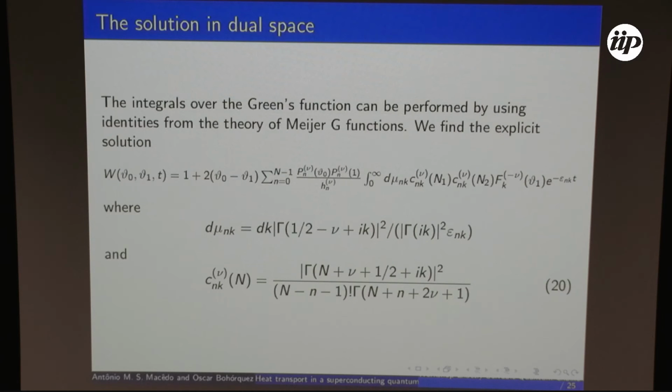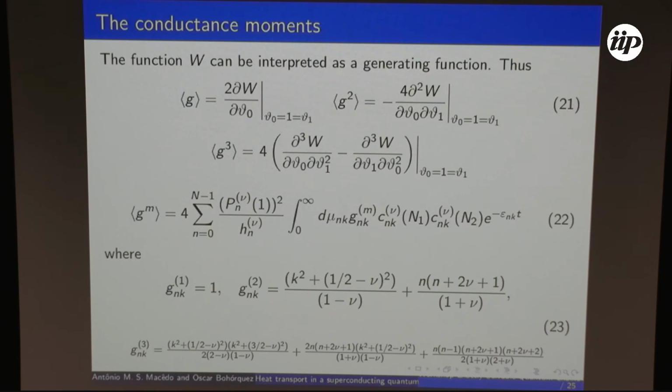Okay, so this is the complete solution of the heat kernel in the dual space, in the supersymmetric dual space. It has a combination of a discrete sum in the fermionic sector and an integral in the bosonic sector, and these two C functions that are related to gamma functions. Okay, since we have the complete answer, what we want to do is to calculate the observables in order to give the experimentalists something to compare to.